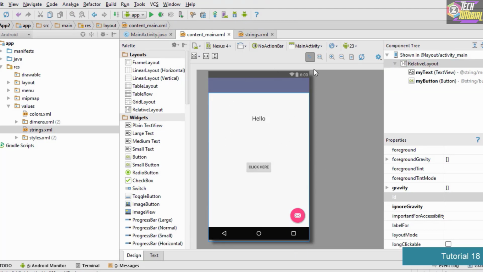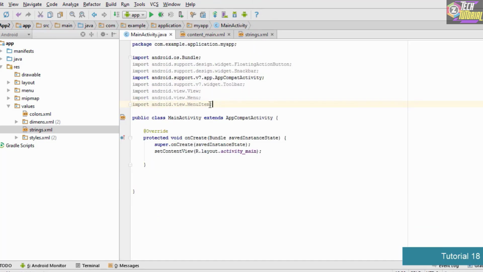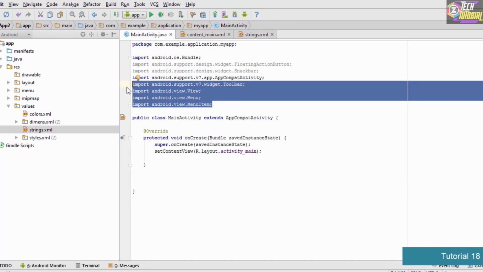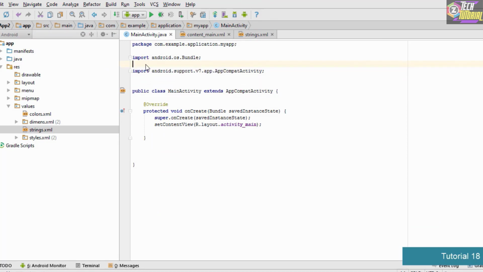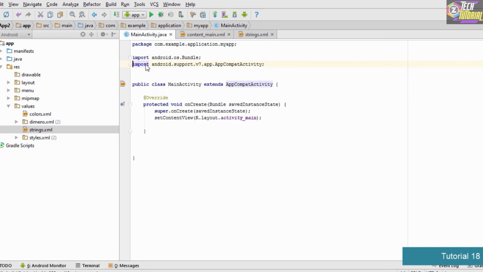Now the layout part of this program has been done, and the next thing is that we design the main logic behind our application. In order to do that, we go to this MainActivity.java file and we remove the imports which we don't require, so as to clean up the code. As we don't need this, we delete it. We also need to import certain things in order to handle the events.